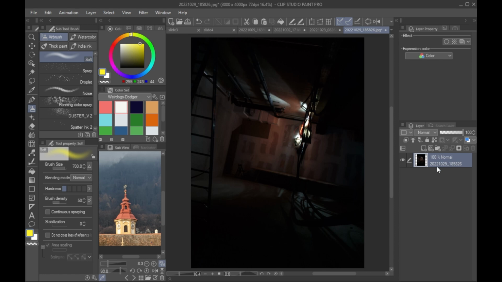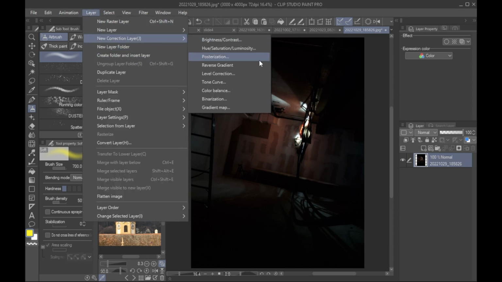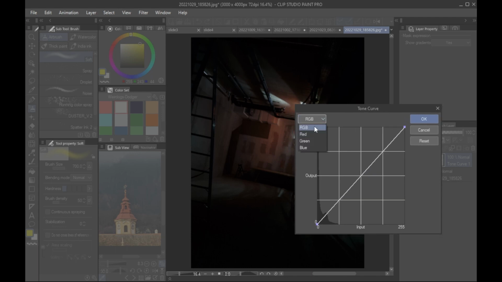Now, maybe when you want to get started, you're like, this image is a bit too dark for my taste. Well, let's go back here to the layers, correction layers. And what you can do is you can either mess with the brightness and contrast, or you can also use the level correction or tone curve options. With the tone curve, you can adjust the tone curve for all of the colors, red, green, and blue, or all of them